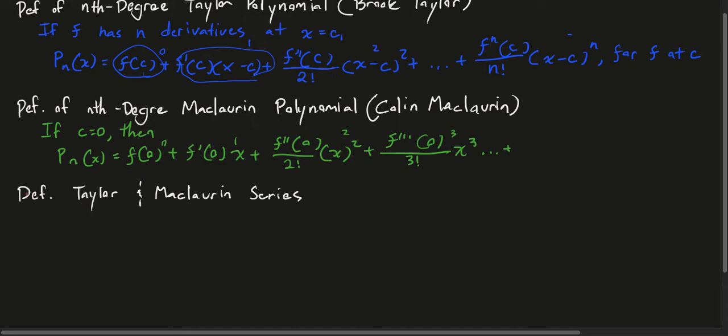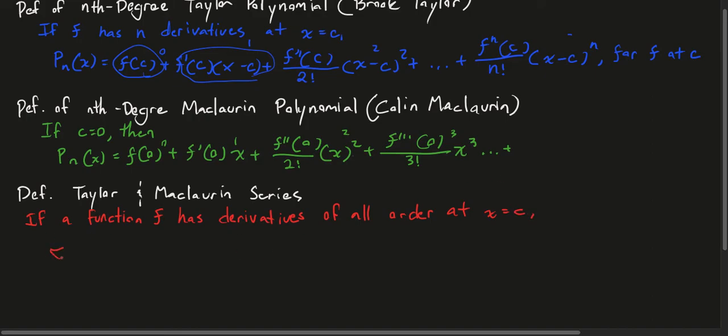And basically that definition is based on the definitions of the polynomials that we just wrote, that if a function f has derivatives of all order at x equals c,